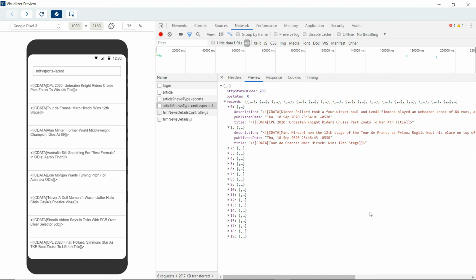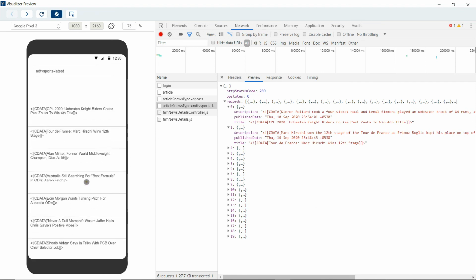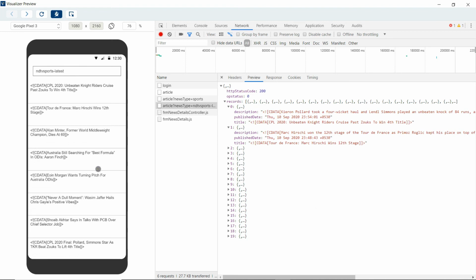Let's change the data model to talk to the Google News feed and see how the client app, without making any changes, would talk to the Google News feed and be able to fetch the news articles.